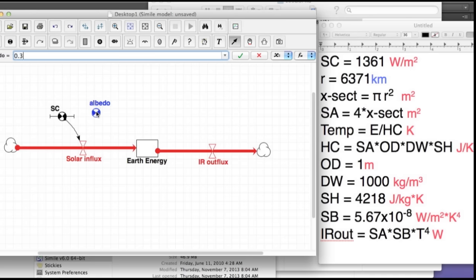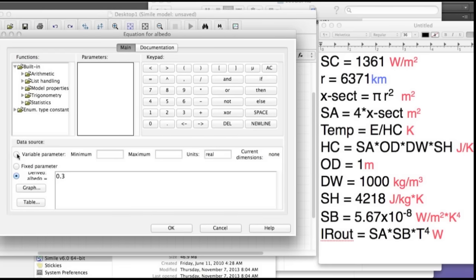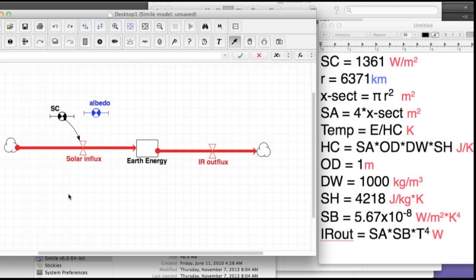Again, I might want to make this a variable parameter, so I'll do it a variable parameter all the way from its range, 0, absolute absorption of the radiation, to 1, absolute reflection of the radiation. So a black body versus a white body, basically. All right, so our value of 0.3 starts us off, and again, this is going to be part of the equation